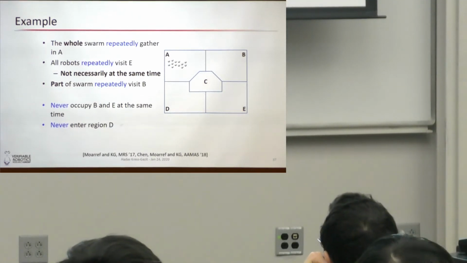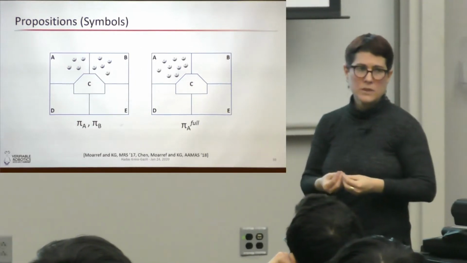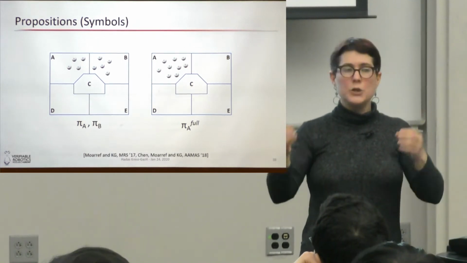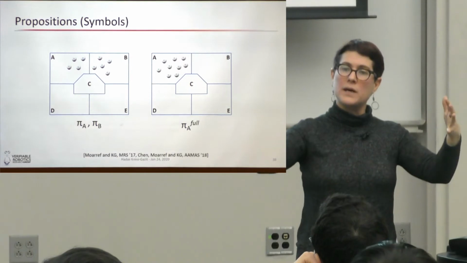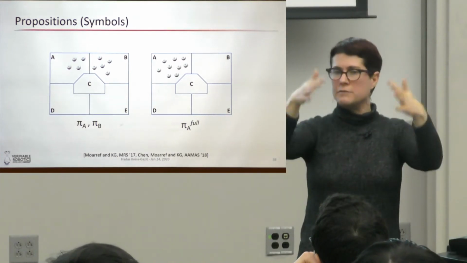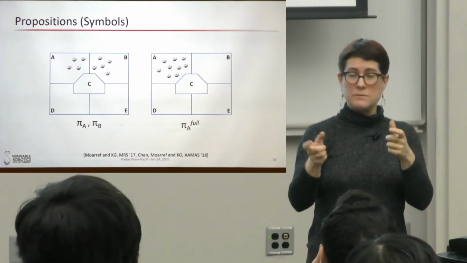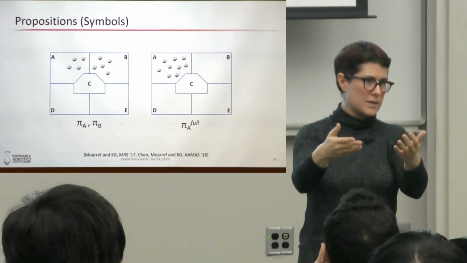Okay, so what are these building blocks? What are these propositions that we need? When you think about single robot or multi-robot, you can assign a location proposition for each one of them. So I have 3 robots. In 4 regions, I could have 12 propositions, robot 1 in region 1. It's true if the robot is in region 1, false otherwise.